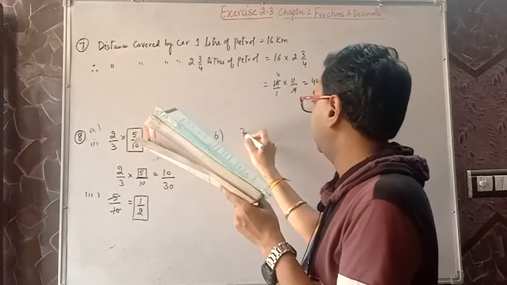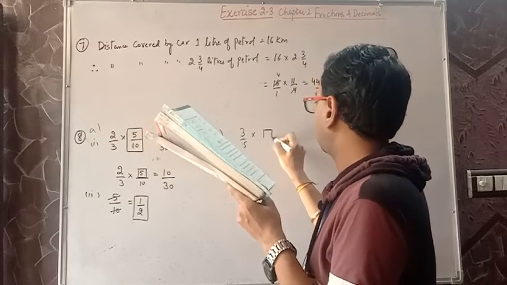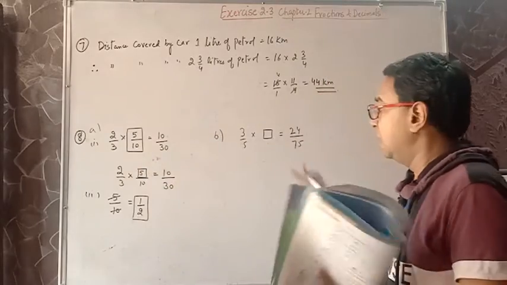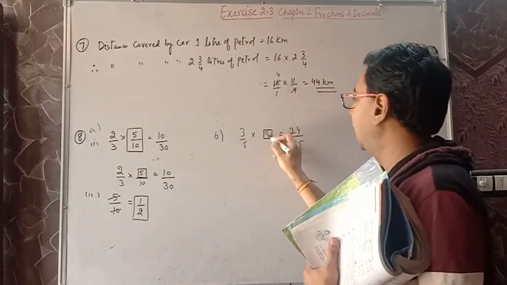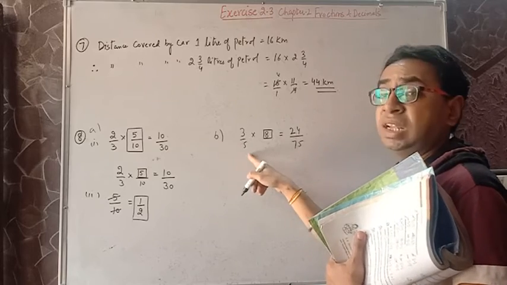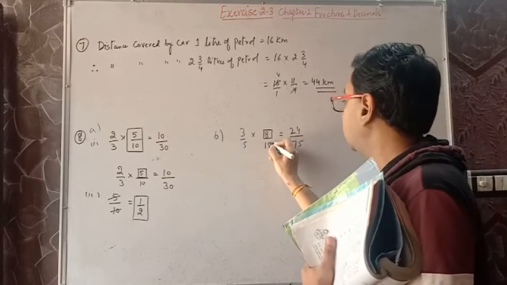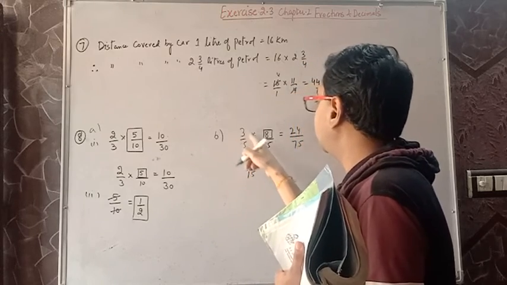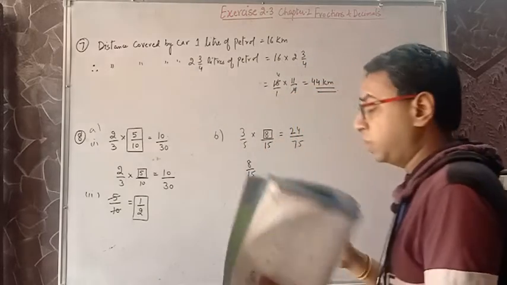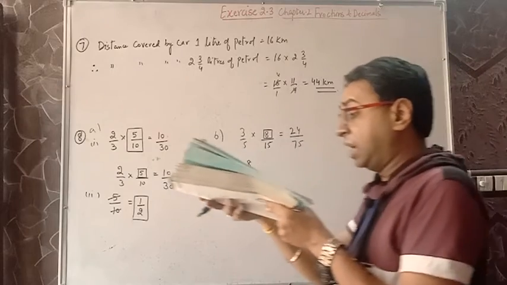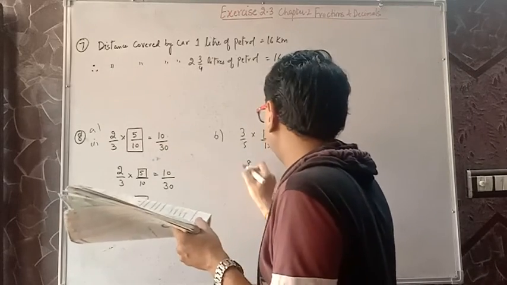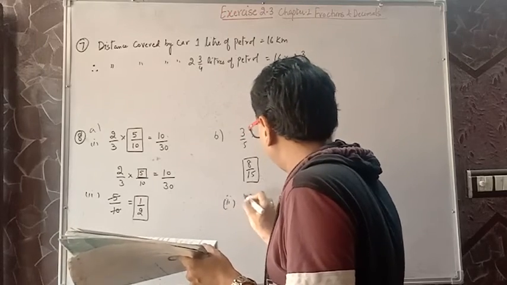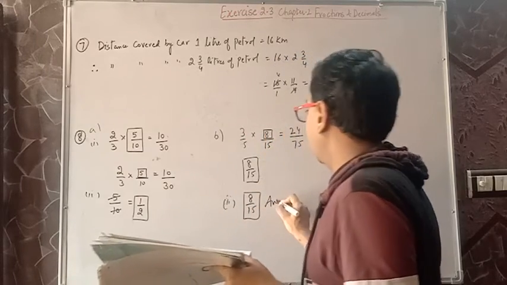Again same question, 3 by 5 box, what shall I multiply so that I get 24 by 75? Again same thing. Divide 24 by 3, we'll be getting 8. Divide 75 by 5, what will we be getting? 15. So what is the answer? Answer is 8 by 15. If I multiply 3 by 5 with 8 by 15, I'll be getting 24 by 75. Question is, find the simplest form of the number. Again, 8 by 15. 8 by 15 is the simplest form. We cannot reduce it. This is the answer.